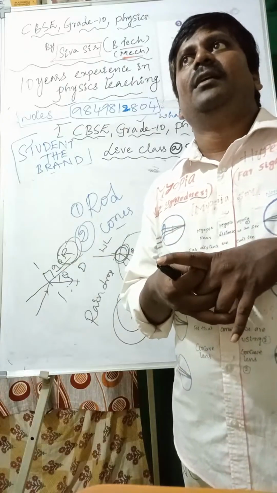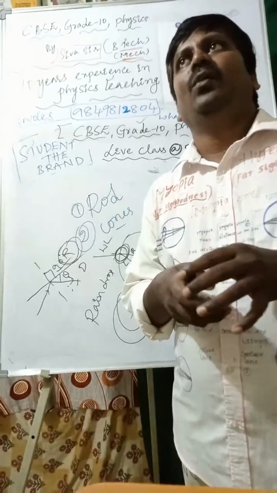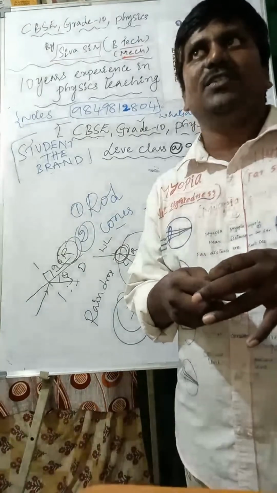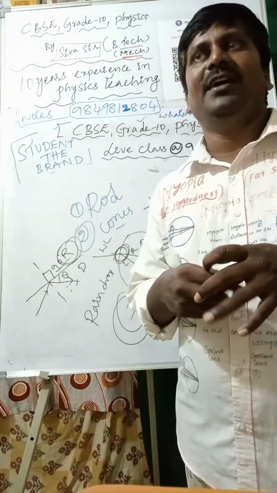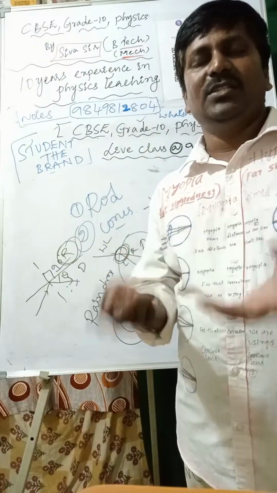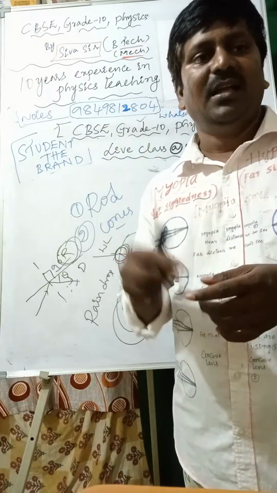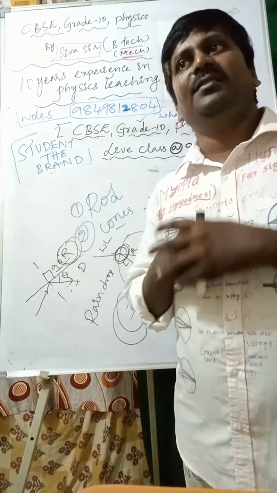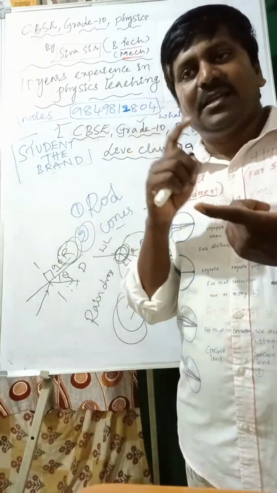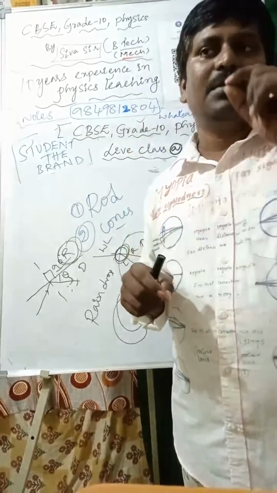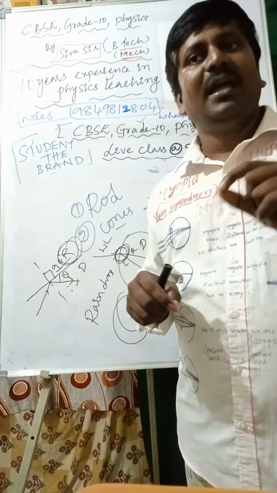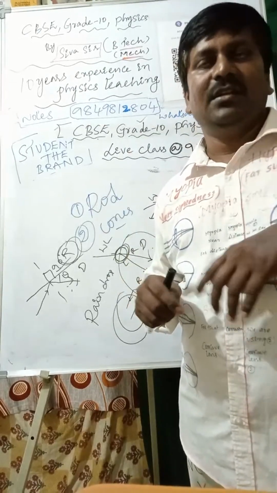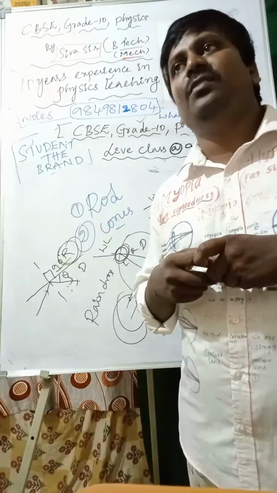Next, we can go for why planets do not twinkle and why stars twinkle. That is a 3 marks question in the chapter. In the human eye and colourful world, generally they will ask about parts. If they ask for 1 mark, definitely parts and functions. So which one is responsible for